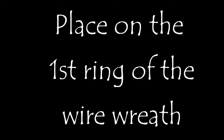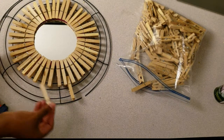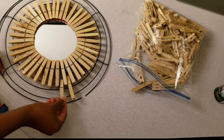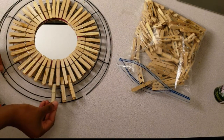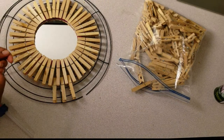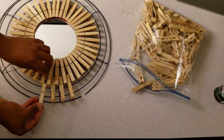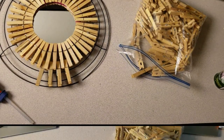So once you put it all the way around the mirror, you're going to put it on the first ring of the wire wreath. That's the inner ring. Once you have it on there, you are now going to put clothespins in between on the first ring. So you're going to clip them in between the clothespins there on the first ring, going all the way around the wreath. So keep going until you're completed, and then once you're done with that, you're going to flip it